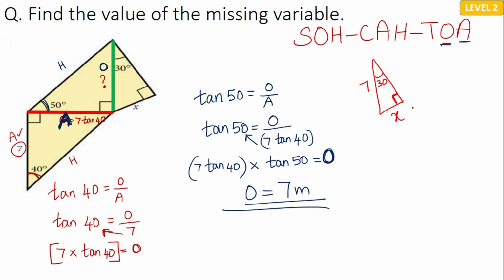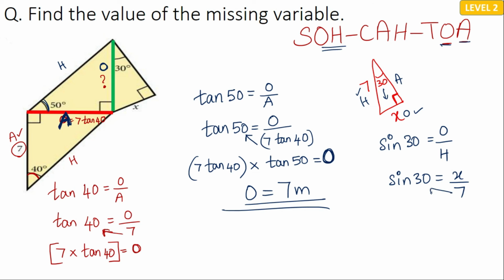So starting with the labeling, O, H and A. So O and H, you have sine 30 is going to be opposite over hypotenuse, sine 30 giving you x over 7. So cross multiply: 7 multiplied by sine 30 gives you the x, which is